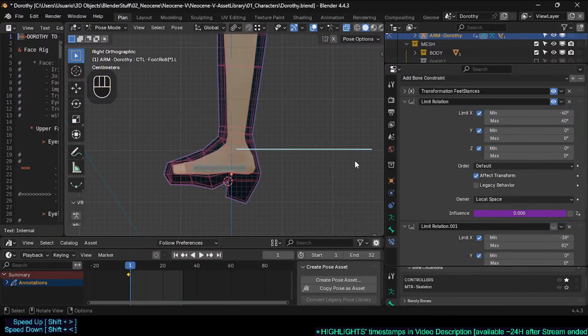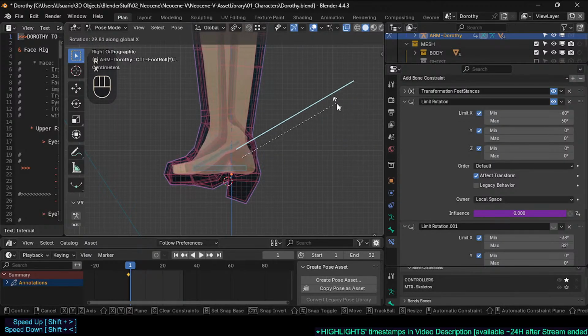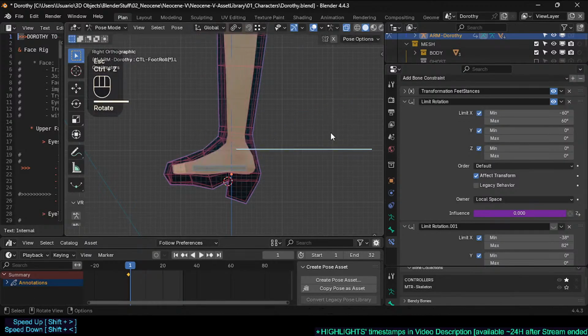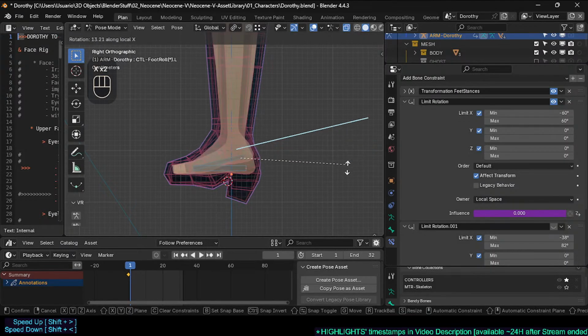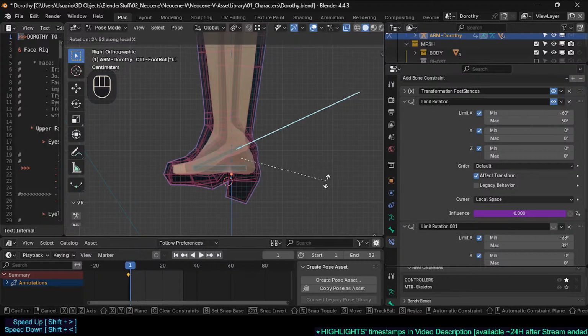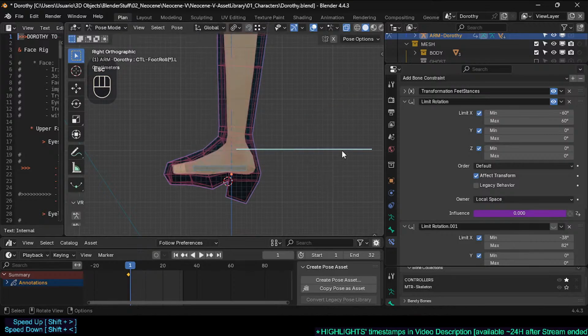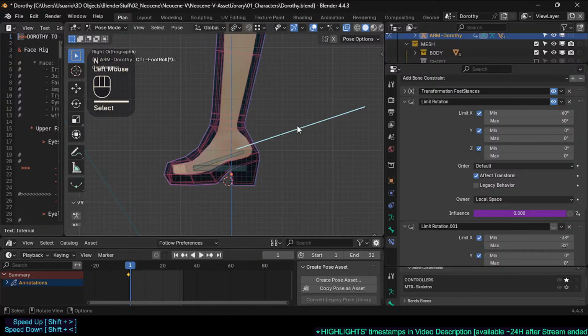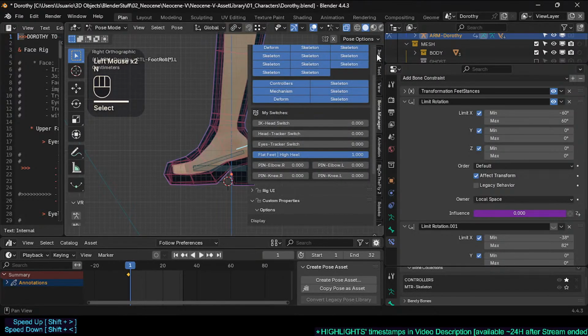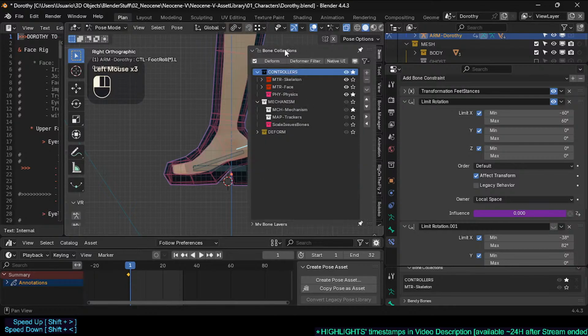Because this bone will go up, RX along local, so a positive 22 would be about here. So if we get here, it already transforms, and if we check the transforms here,